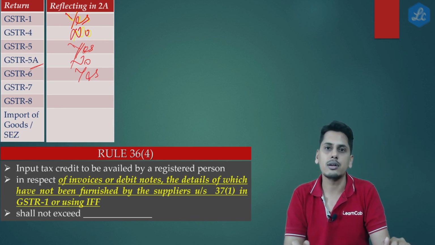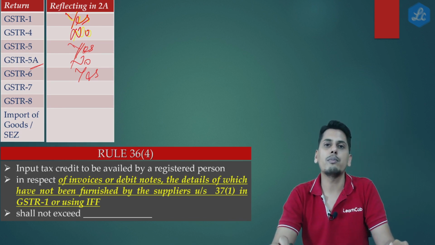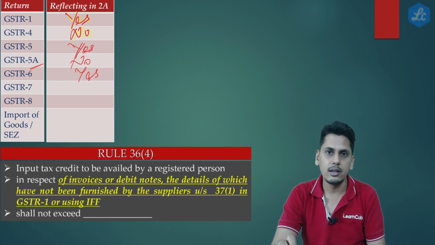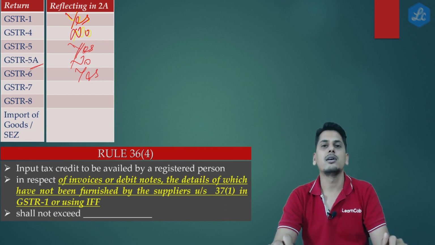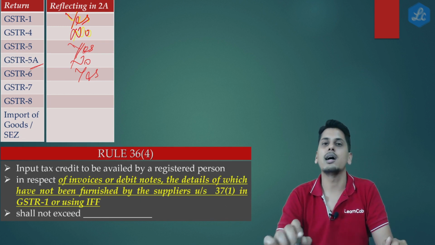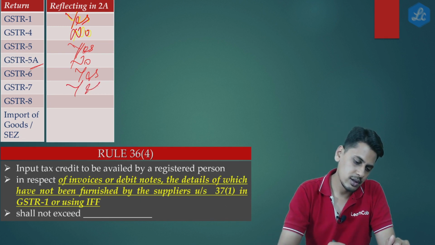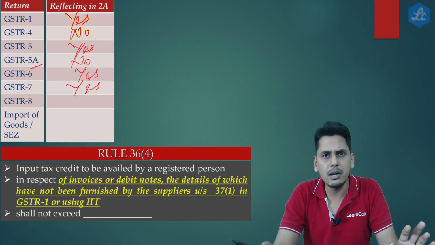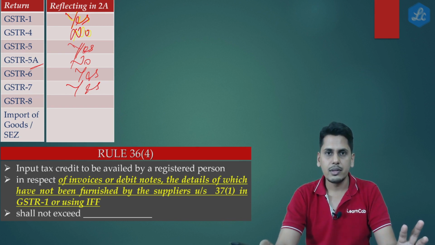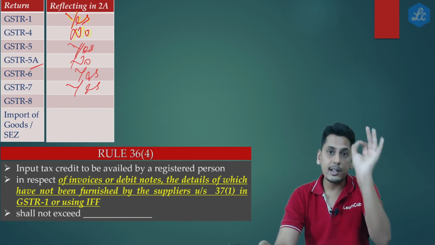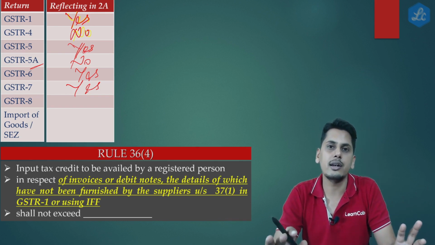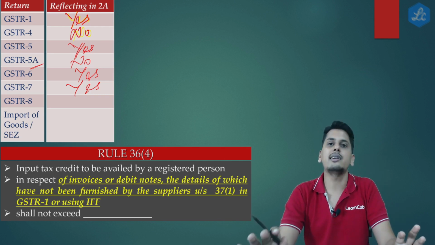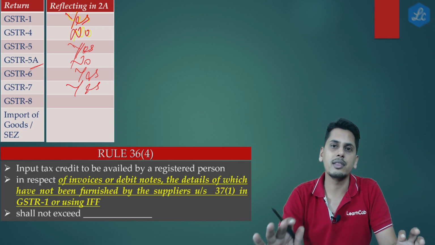How am I to ensure? There is going to be an auto population in GSTR 2A. In my GSTR 2A, I can see who are all the deductors who have deposited the amount to the government. So GSTR 7, yes, there is auto population. GSTR 8, in a similar manner, tax is collected, comes to my cash ledger. It would also appear in my GSTR 2A so that I get to know that whoever has deducted TCS, have they deposited it with the government.